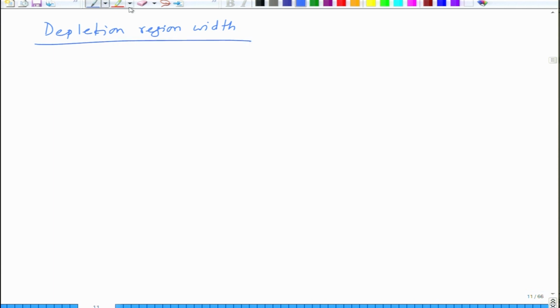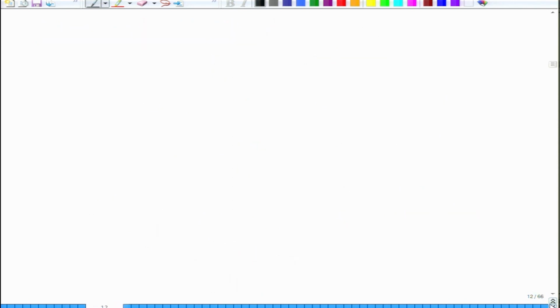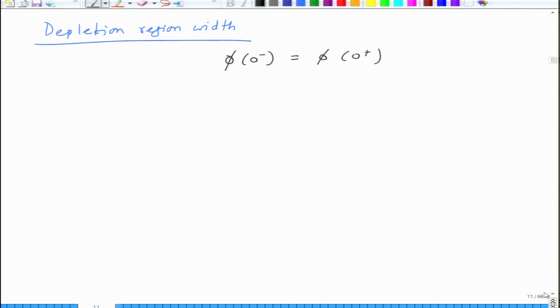Now, since we are saying that at the interface the potential is continuous, what it means is that phi at 0 minus is equal to phi at 0 plus, all right. So, as a result, since you have these two expressions, phi x for this would be Wn, okay, on this side. And then when you apply this to previous equations, you get